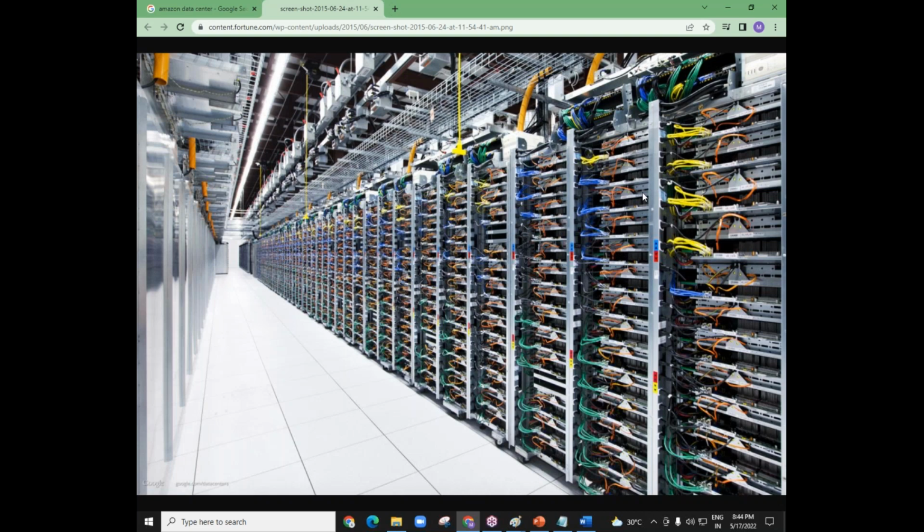Now this is what cloud computing is all about, my friend. We are running our applications in some other data center, and that data center is controlled and managed by that company. The most famous company is first Amazon, then Microsoft, then Google, and there are some more companies. These companies provide these data centers and ask other companies to use them and run their applications.